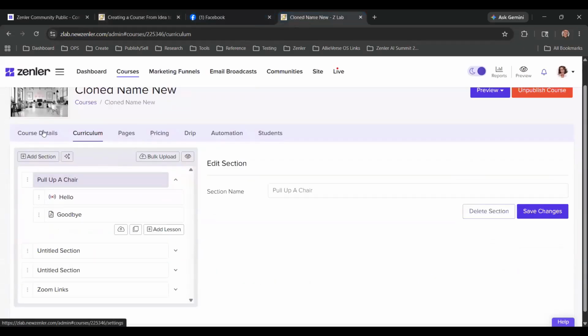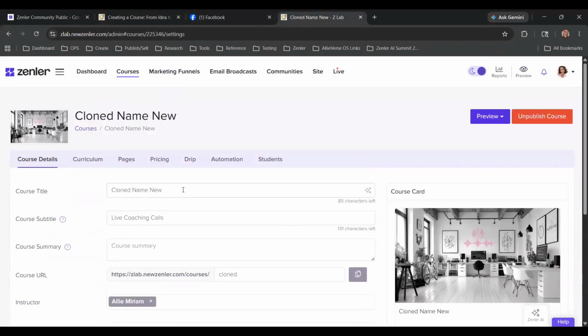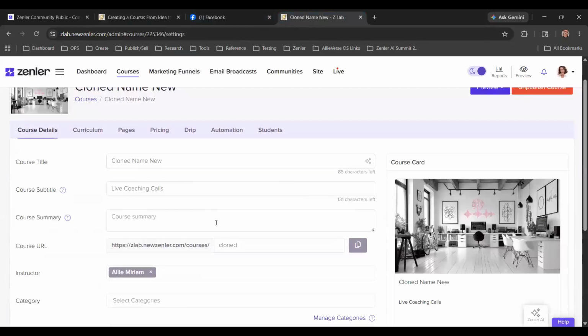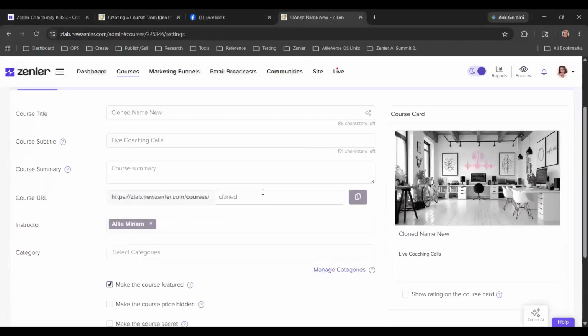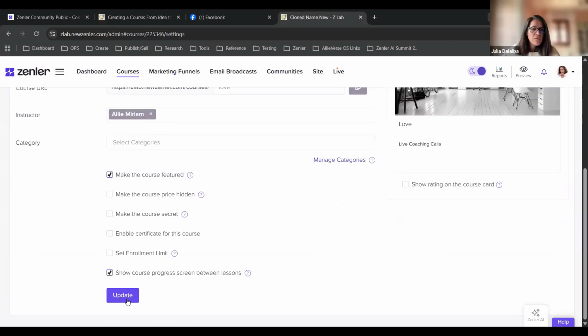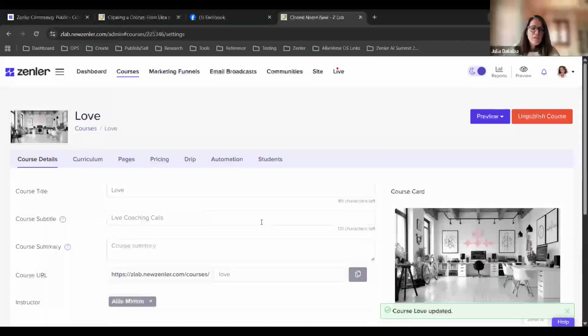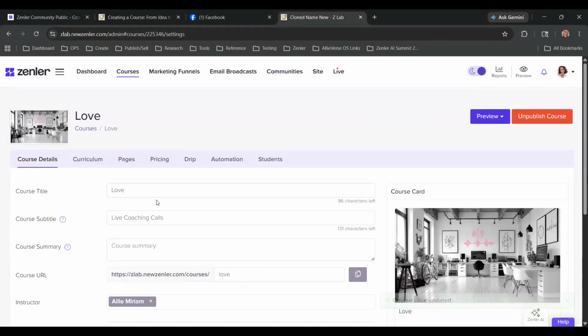So in the course itself, this is where the course title is, cloned new, and this is where the course URL is. If you don't want it to say these things, this is where you change it. And you can change it here, but that's the course title. Somebody asked that question in the chat, and as long as I was in here, I was just showing that you can change the link and the name right here while you're there.